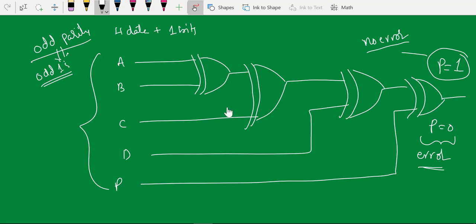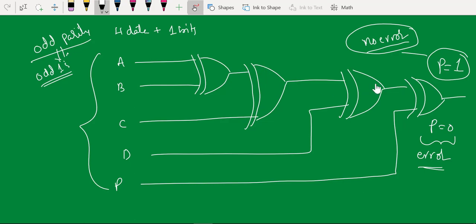In case of even parity, when parity is 0, that means your data is having an even number of ones, no error. When parity is 1, your data is having an odd number of ones. That means when it is having an odd number of ones, since we are using odd parity, no error. If the output is 0, that means your data is having an even number of ones, but you are using odd parity. That means you are supposed to get the message as error, that data is received in the wrong fashion. So this is how you can use the same circuit for producing the parity as well as detecting the parity.